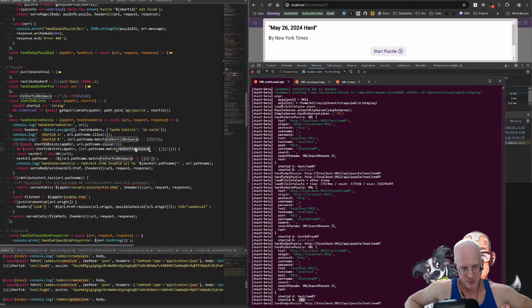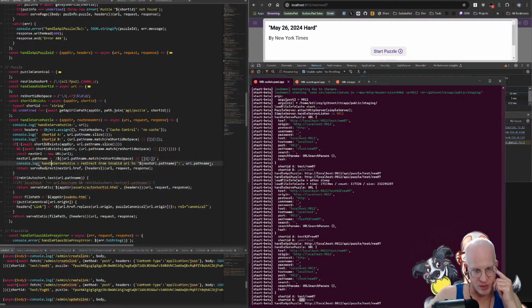Okay, I'm trying to reverse engineering something without understanding what it's supposed to do. Here's the auto short ID. This is supposed to be redirecting in case of what? If this doesn't exist and this does exist, then path name match URL short ID no space. Redirect from invalid URL to. This is supposed to detect a category of invalid URLs where short ID no space